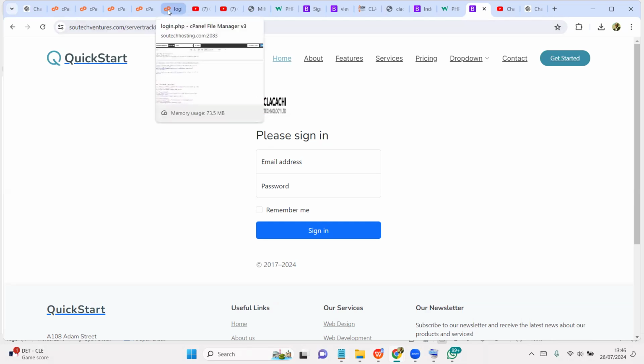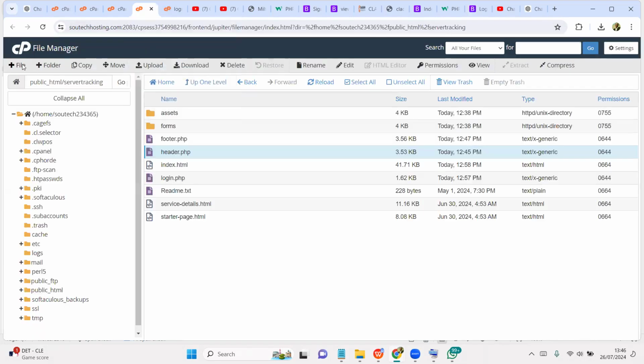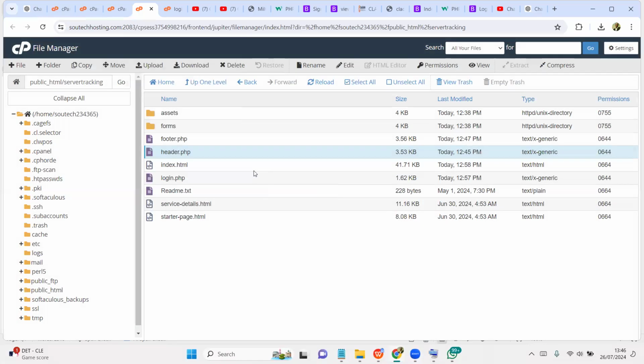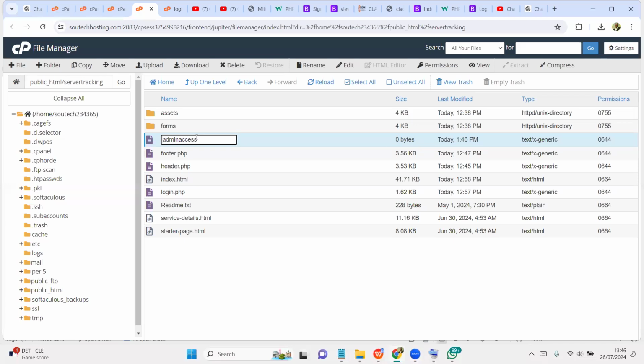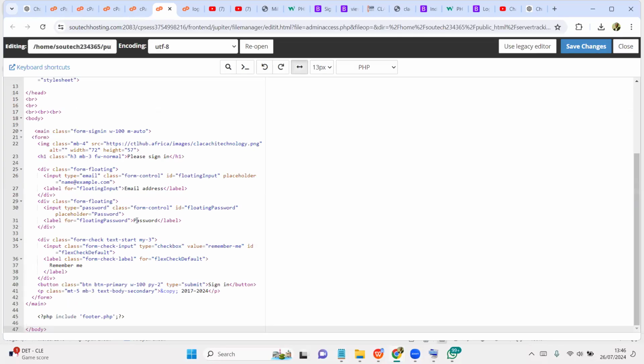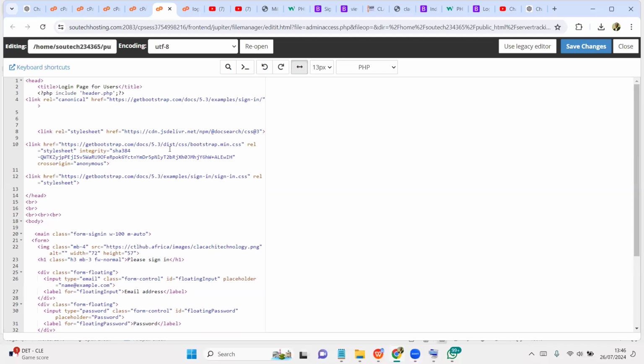So we say a new file, call it admin access.php, right? And edit it. We paste everything here, but we create our own admin header, right? We don't want to use this header.